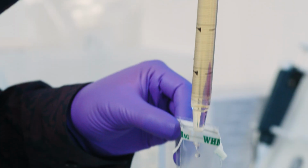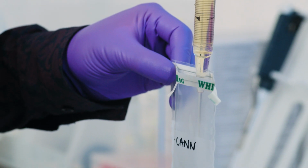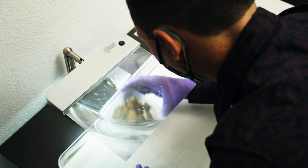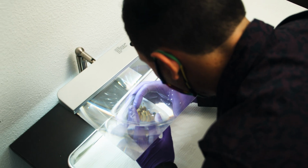it is free of contaminants. Like, is there mold on it? I probably don't want to be smoking that if there's mold on it. Are there pesticides? Well, I probably don't want to ingest that or smoke that either. These things are really important, especially when you're dealing with populations that are immunocompromised, and that's why we do cannabis